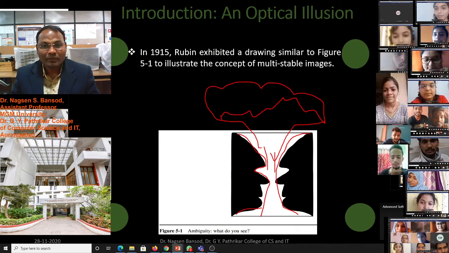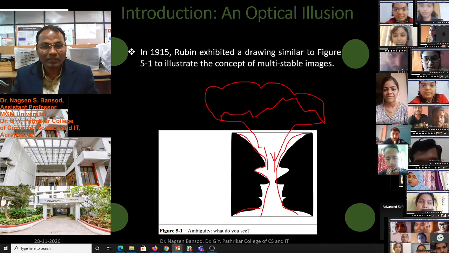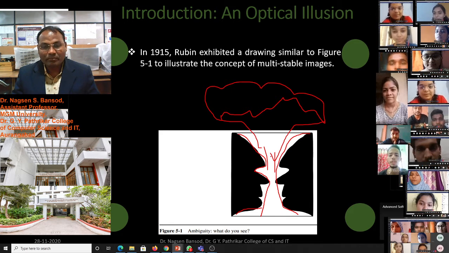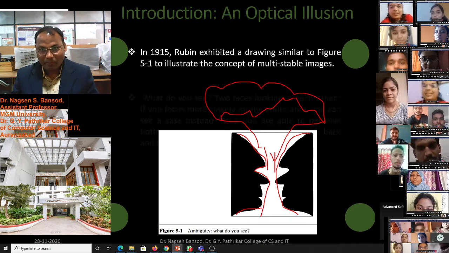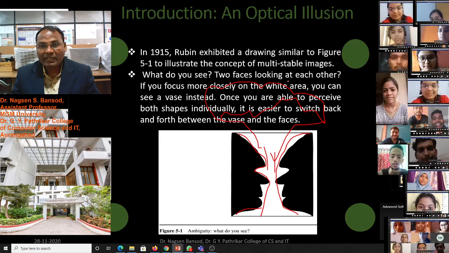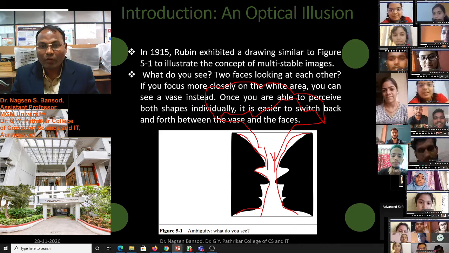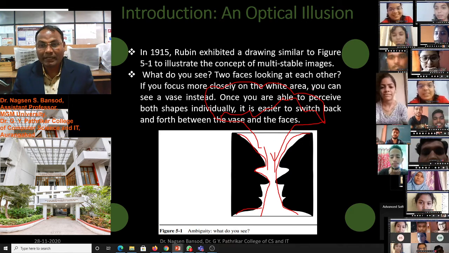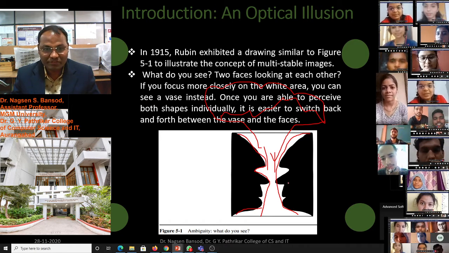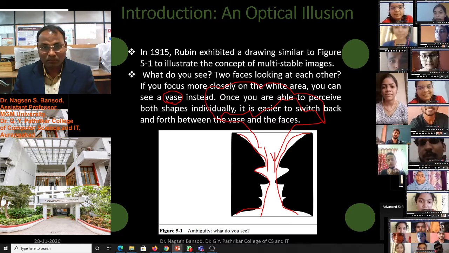In 1950, Rubin exhibited a drawing similar to figure 5.1 to illustrate the concept of multi-stable images. What do you see? Two faces looking at each other. If you focus more closely on the white area, you can see a vase instead of the faces. Vase, pot of flowers.